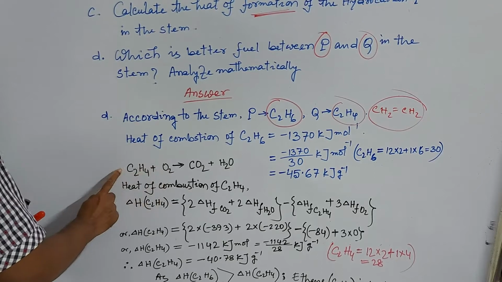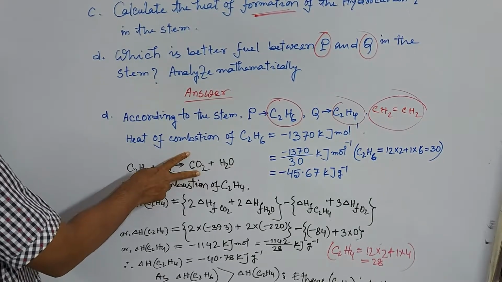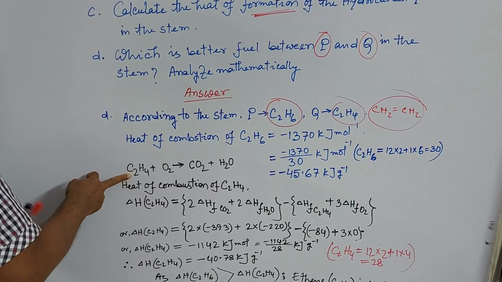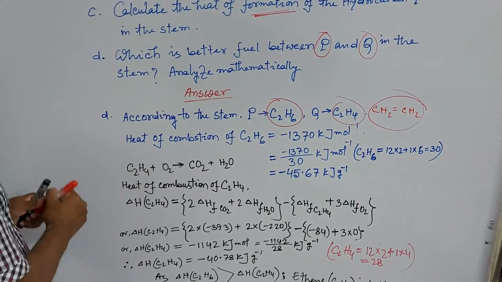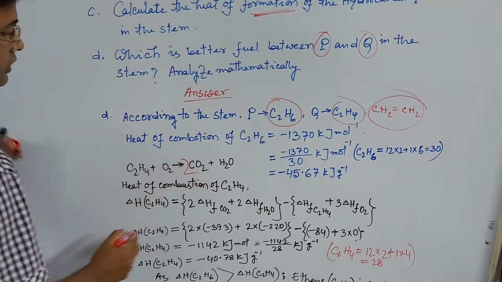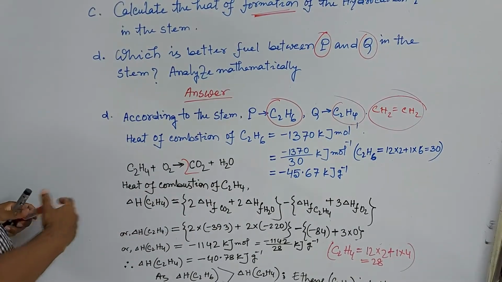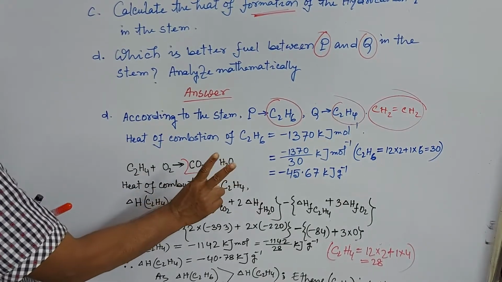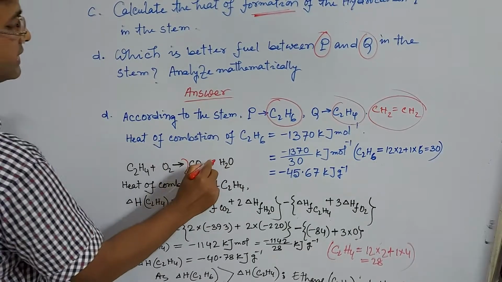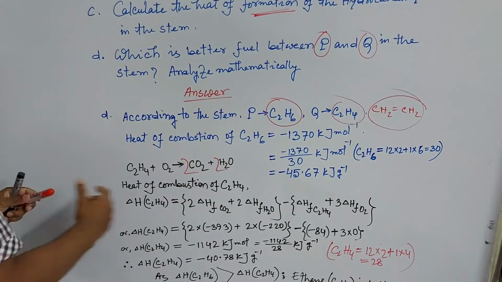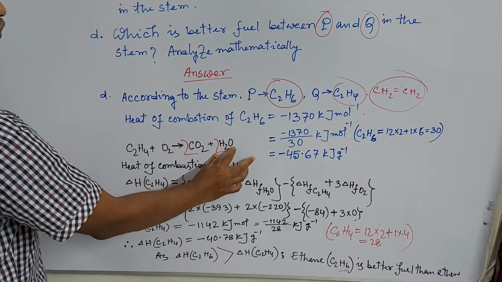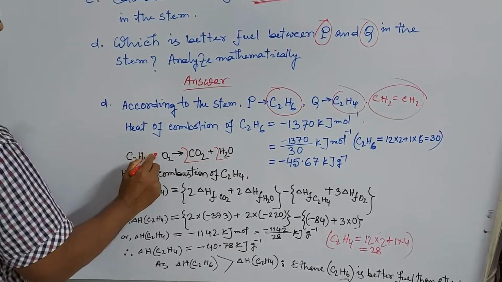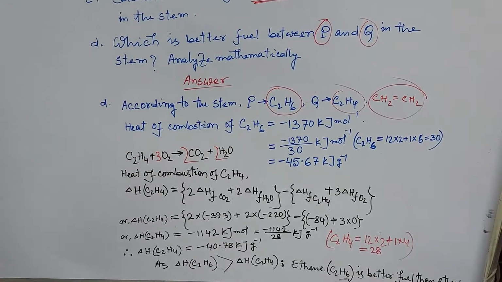And here is the combustion reaction of ethene. My dear boys, I have already told you that in the combustion reaction of all hydrocarbons, carbon dioxide and water are produced. There are two carbon atoms on the left side, so on the right side it will be 2. There are 4 hydrogen atoms in ethene, and on the right side there are only 2 hydrogen atoms. To balance it, I have to write 2 here, and the total number of oxygen atoms is 2 times 4, so it will be 6. I have to write 3 here.